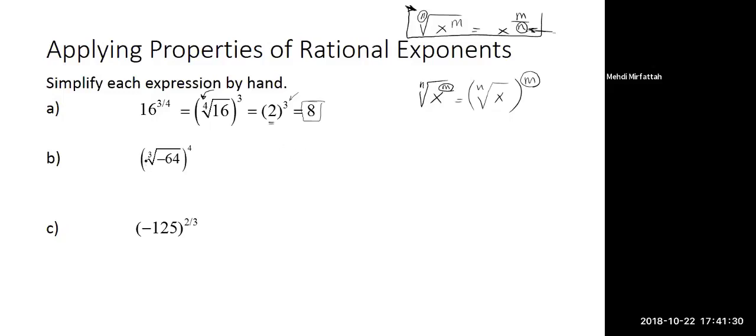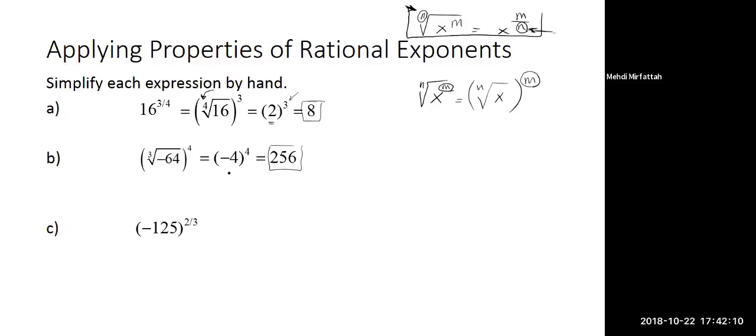Next one is the root is 3 and the exponent is 4. So if you recall here, this would be m over n. So in this case, we're looking at the cube root of negative 64. That's perfectly cubed. It means I'm looking for a number that when I multiply by itself 3 times, I get negative 64. And that is negative 4. Negative 4 times negative 4 times negative 4 gives you negative 64. So this portion would be equal to negative 4. And then I'm going to raise it to the power of 4. I get